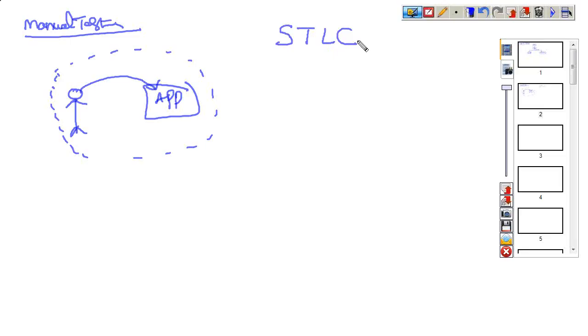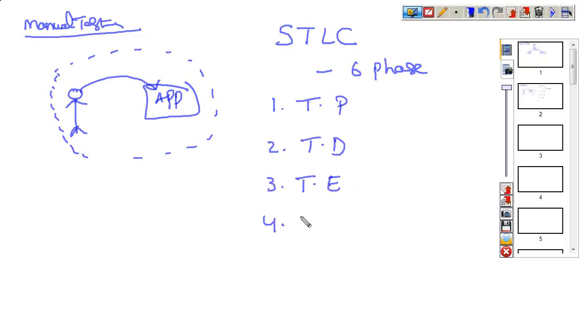This life cycle is divided into 6 phases. First one, test planning. Second one, test design. Test execution. Result analysis. Bug tracking. And reporting.